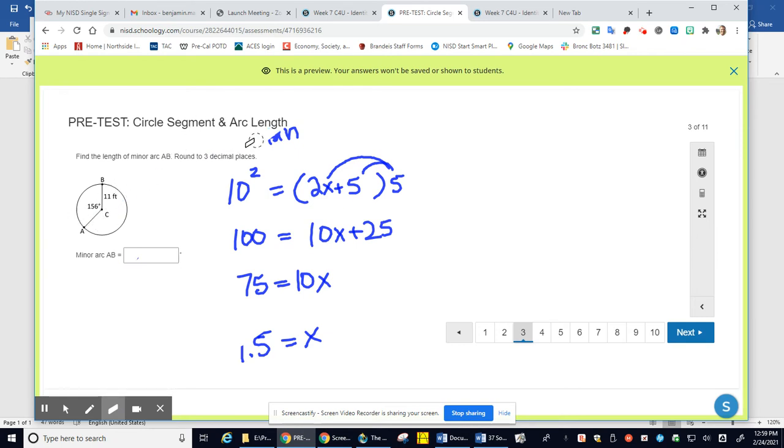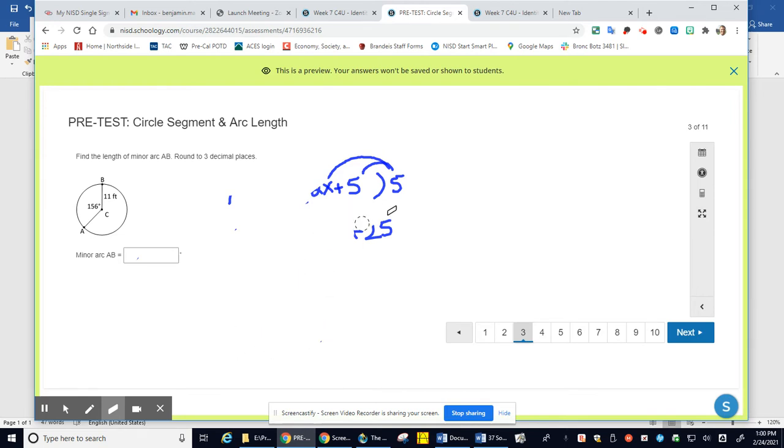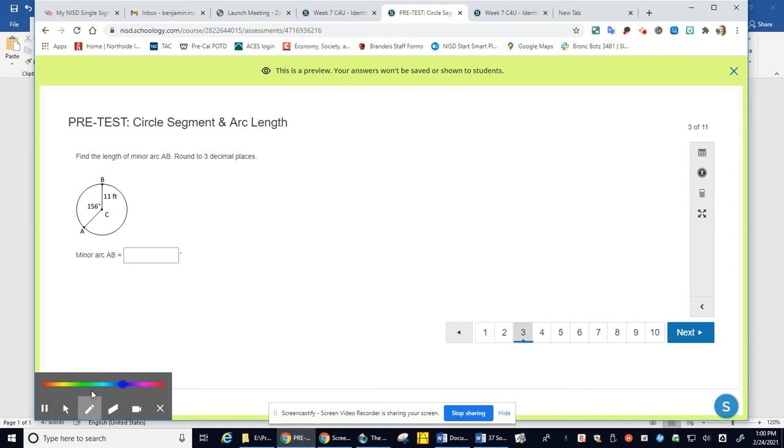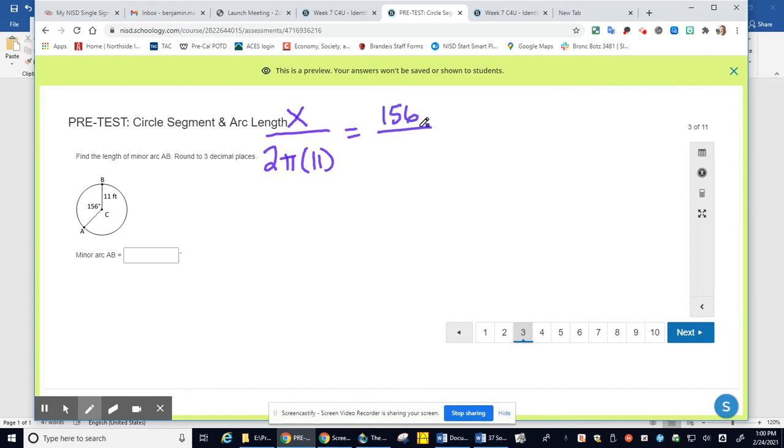Now this one looks like we want to find the length of an arc. So this is looking for an arc length. In order to find the arc length, we're going to use a proportion. An arc length is a portion of the circumference. So we put x as your arc length over 2 pi r. Oops, that should be 11. Let me erase that, not a 3, 11. The radius is 11. Equals 156 over